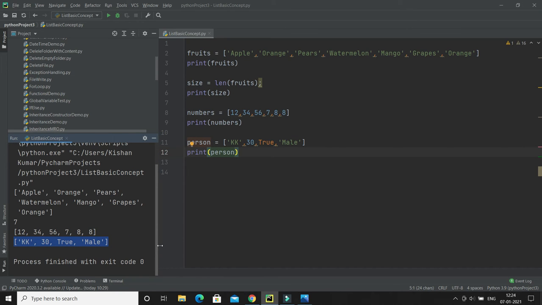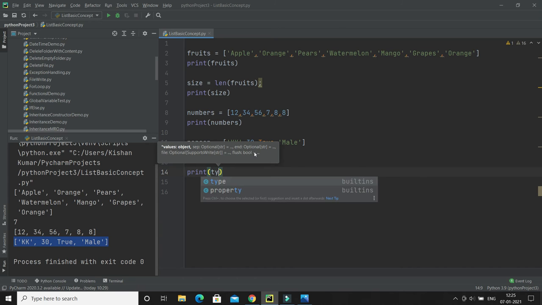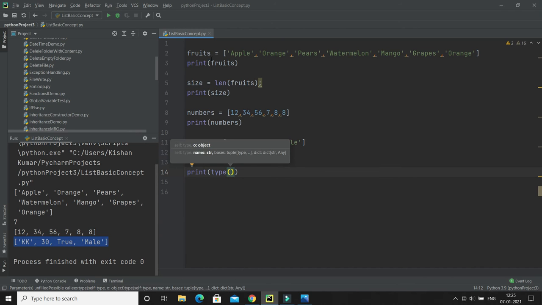Now let's see, when I create a list, what is the type of this list? The type of a list is nothing but list itself. So from Python's perspective, list is defined as an object with the data type list. Let me show you how we can check that type. Here simply you have to give print, call the type function, and pass your list variable, and this will tell you what data type it is.